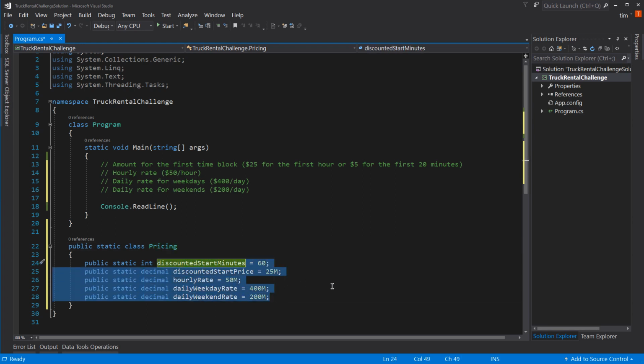That way, when management came to me and said, change that one value to $5 for every 20 minutes, I would just change 60 to 20 and 25 to 5 in the database. And next time an application loaded, it would get the new values. This way, we could also change things like how much is the daily rate on weekdays, on weekends, how much is the hourly rate, because these things will change, just not very often. Therefore, I want them in the database, but once I load them once in my application, I'm not